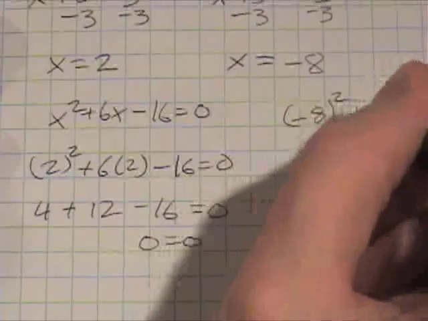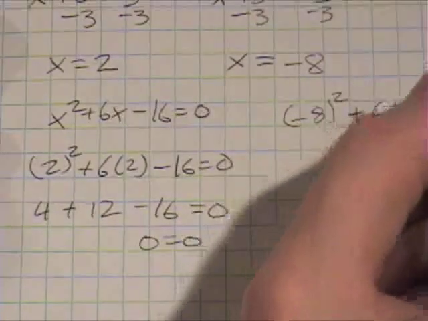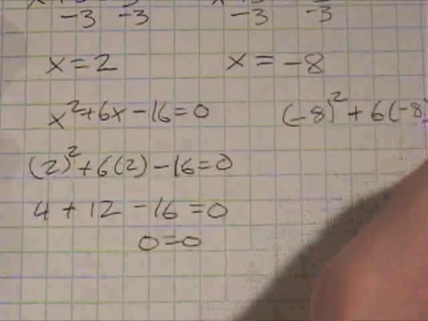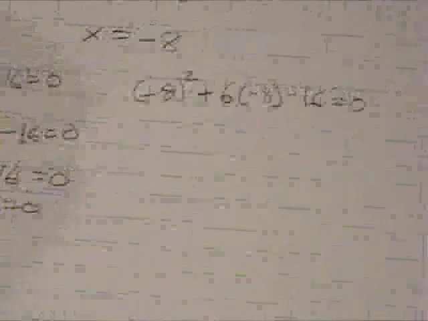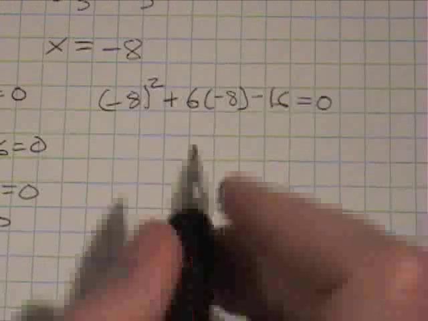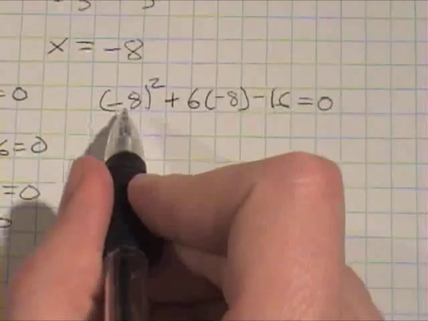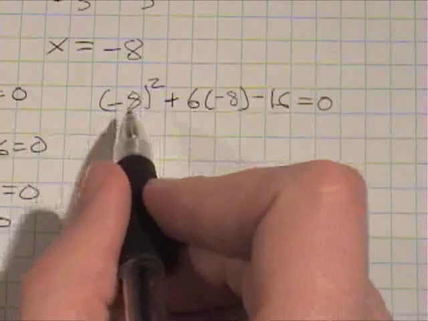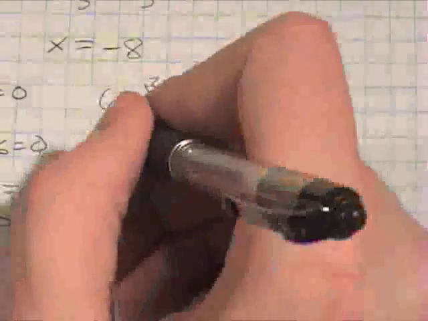Before we do that, let's go ahead and finish writing out the rest of the problem. So negative 8 times negative 8 is positive 64,